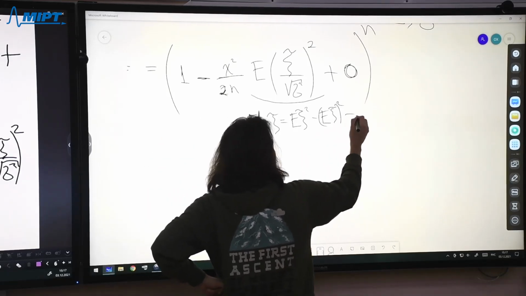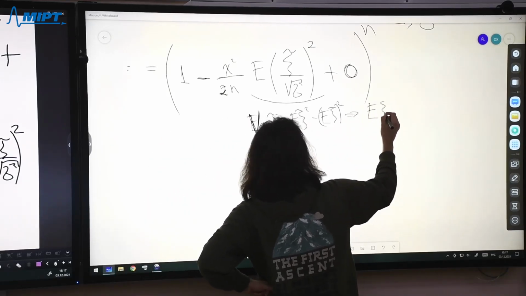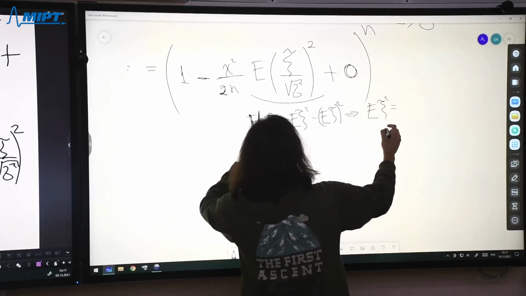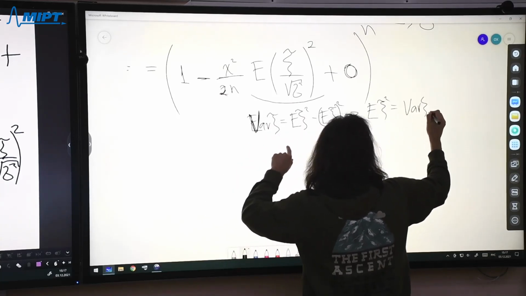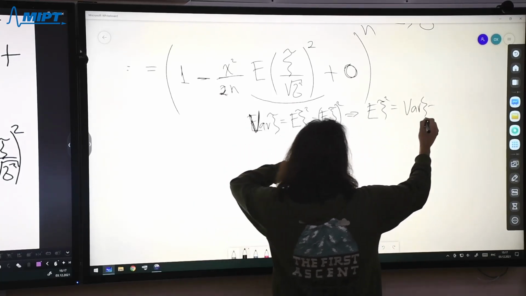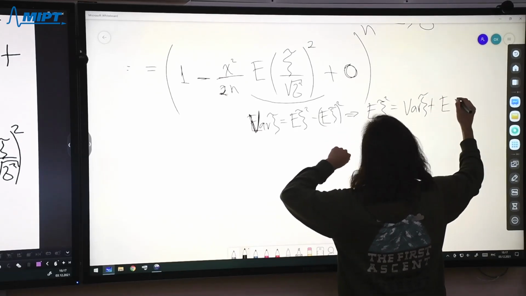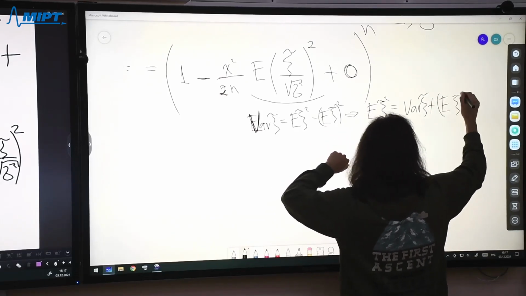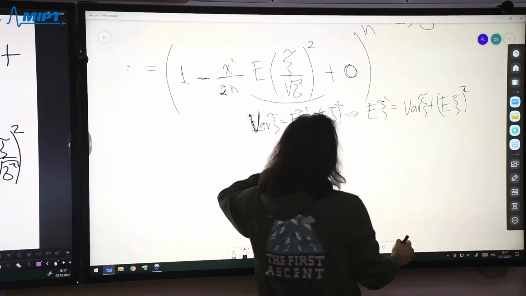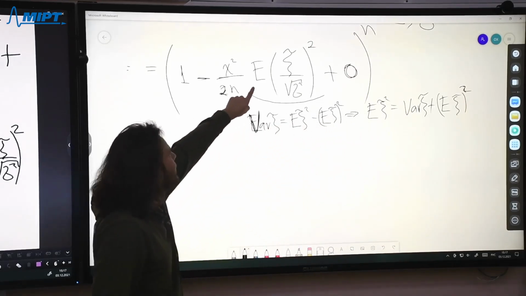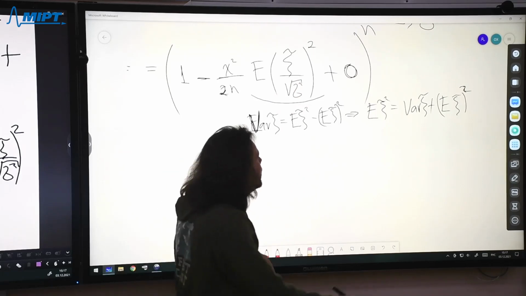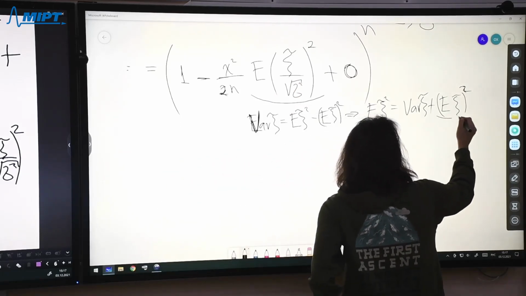So from here, we can get that the expected value of psi overline squared is just the variance of psi plus the expected value of psi overline, all of this square. So from here, we can find the expected value of psi overline squared. What is the expected value of psi overline? This is 0,